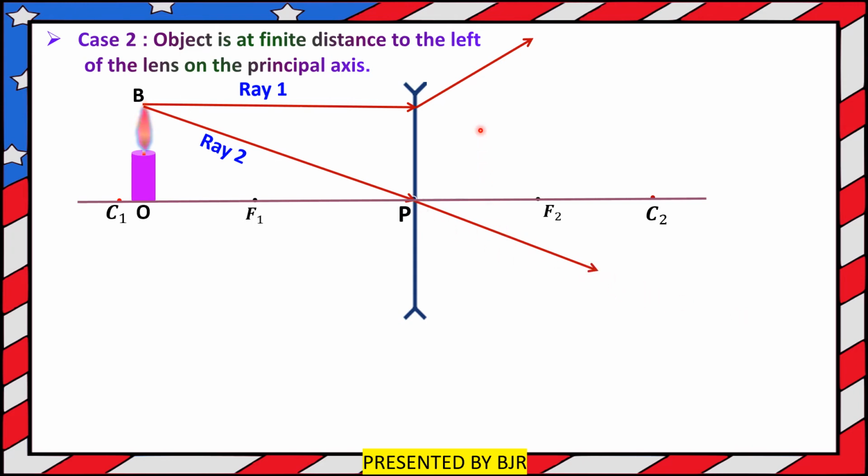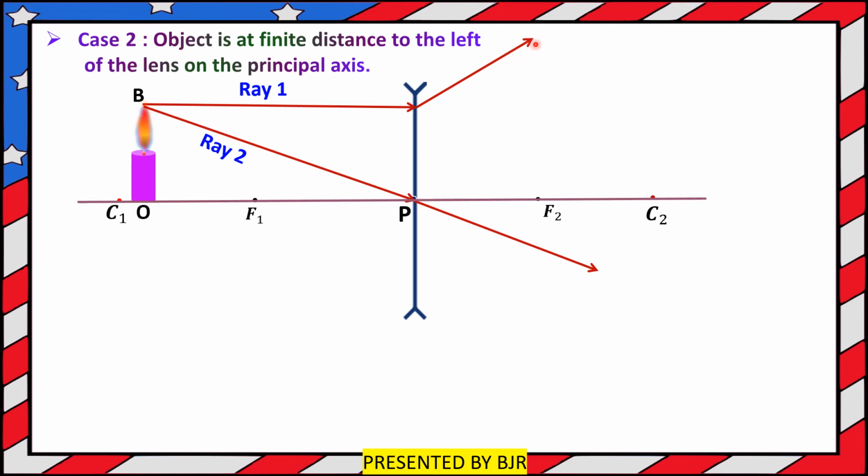Now observe very carefully, these two rays are the refracted rays. Do they appear to be divergent rays or convergent rays? They are divergent rays. That means if you extend them forward, their separation keeps on increasing. That means they never cross one another even if you extend them up to infinity. So these two rays appear to be coming from a point.